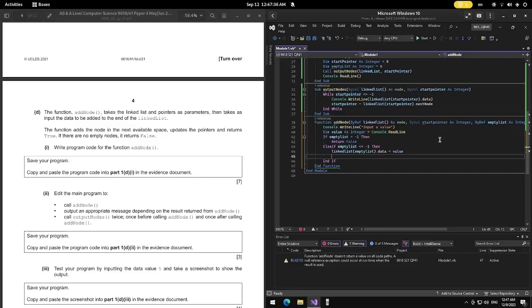So we can just ignore that for a while first. Linked list empty list.data equals to value, and then your empty list will then become linked list empty list dot next node. Okay, and then return true. Okay, so yeah,